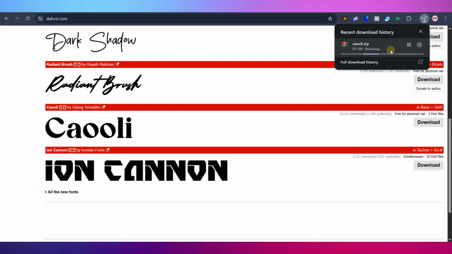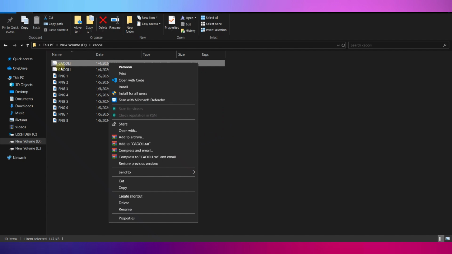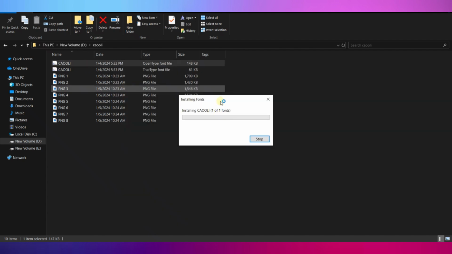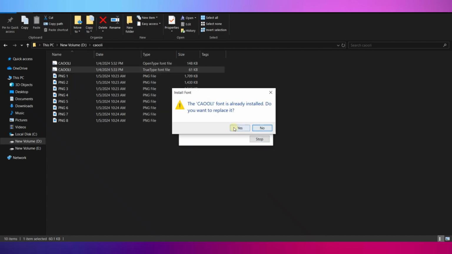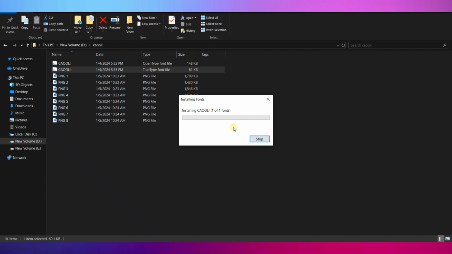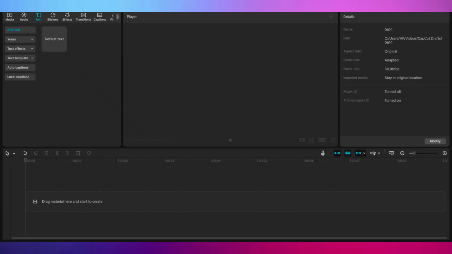And once the downloading is complete, here I have extracted that file that we just downloaded, and we can right click on this file and hit the install button. Once we do that, it will start installing this font on your computer. Similarly, install both of these fonts, and once it's installed, we'll head over to CapCut,